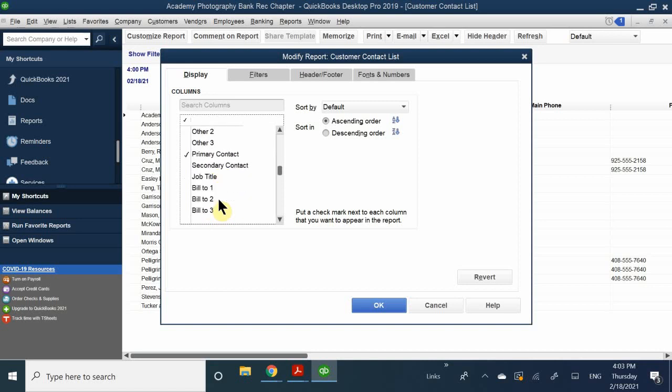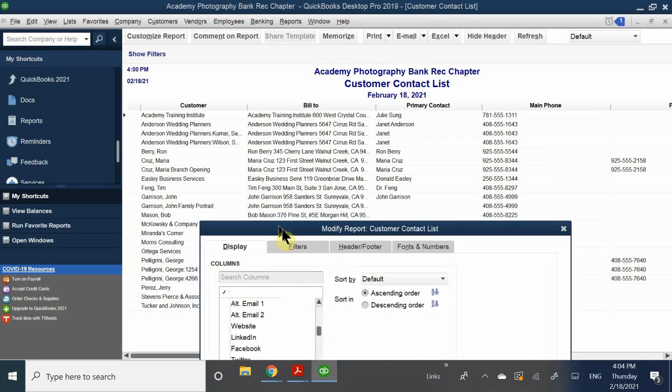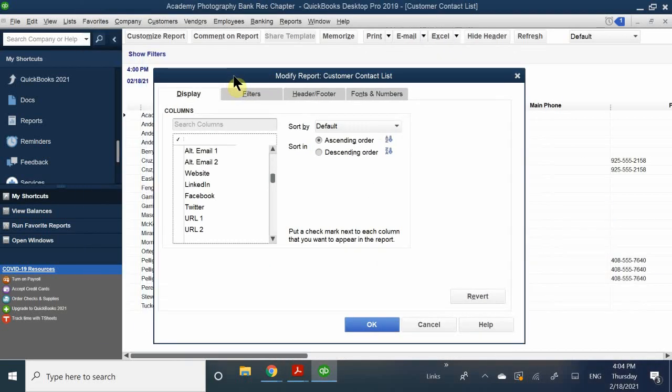I do need a billing address. So primary contact, I don't need to know that. I do need to know their billing address. So Bill To is definitely going to be something I need. So here we have Bill To. Good. And that's all the information I need. So I only need those columns. Now, you're not only limited to that much information. But if I go ahead and click OK,